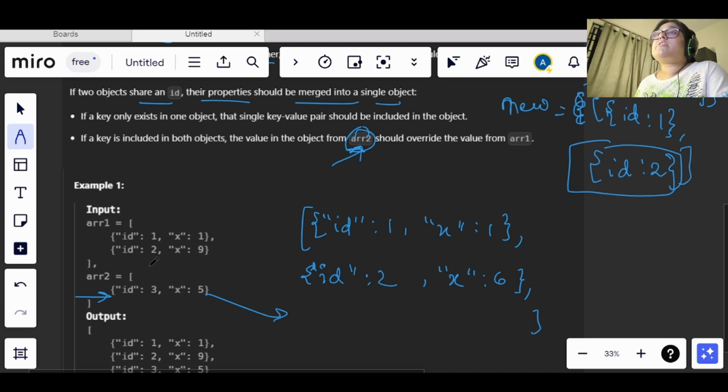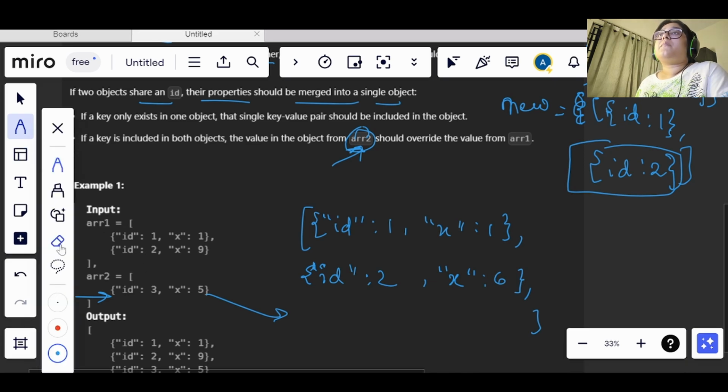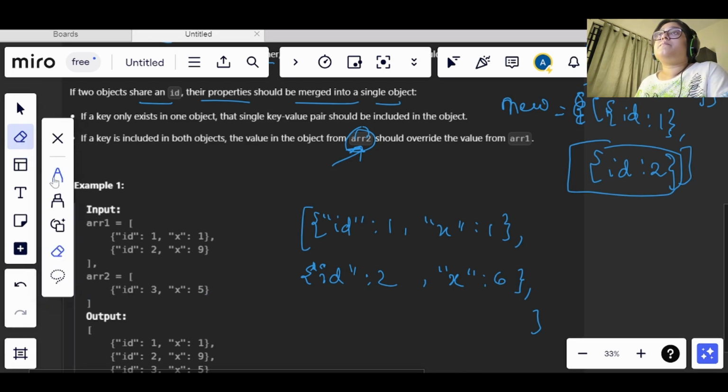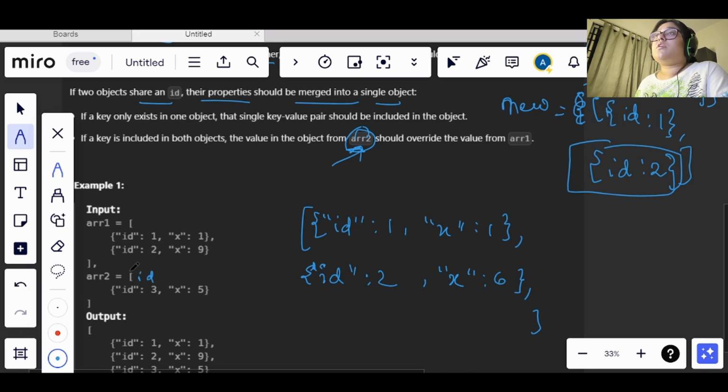Now let's say one more scenario. I will take the same example. We have ID 2 here and x as 6. And here we have ID 2 and x as 9, and along with this, let's say we have y equal to 7.